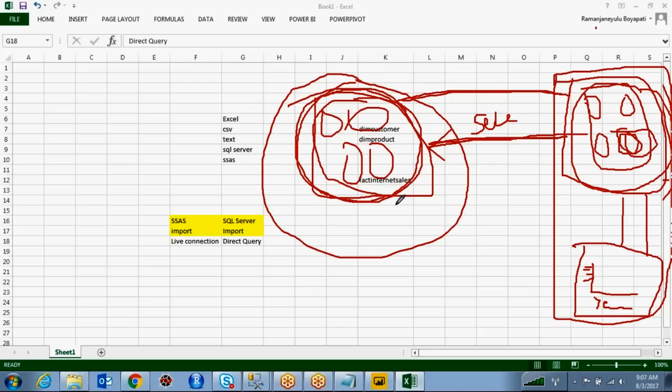Yes, that's right. Power BI converts the DAX query into SQL when sending it to your SQL Server. Then the query will execute and send the result back to your Power BI. Is it clear? Yes, sir. Going forward, you will understand, no problem. So that is direct query. But when you are coming to the live connection, you can't create any model.